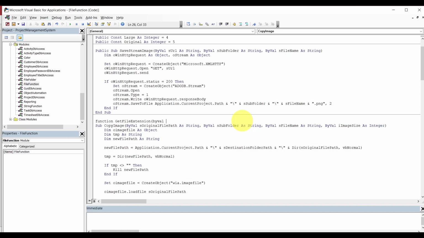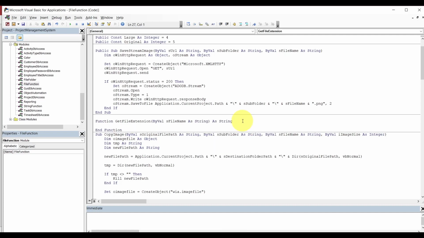File name as String, and we're going to return the string type. What we want here, I'm going to copy this. Let me show you a fancy way to do this. We want to begin reading of the file name in reverse,